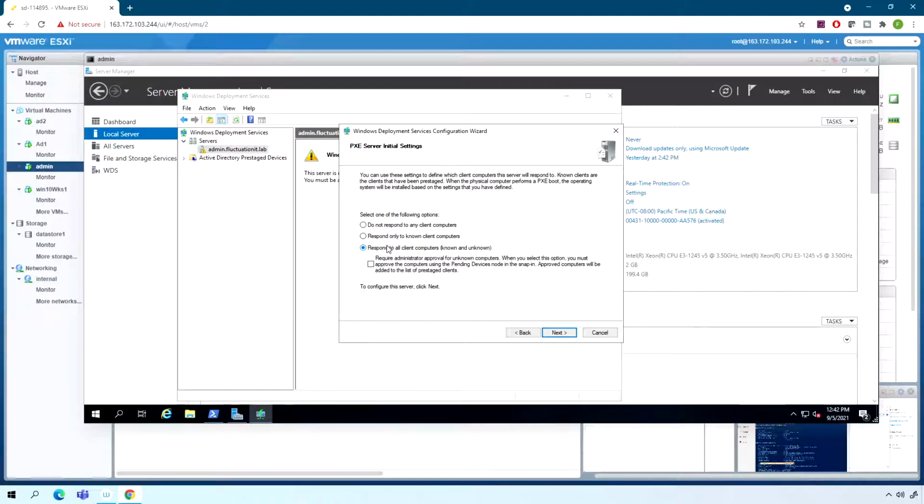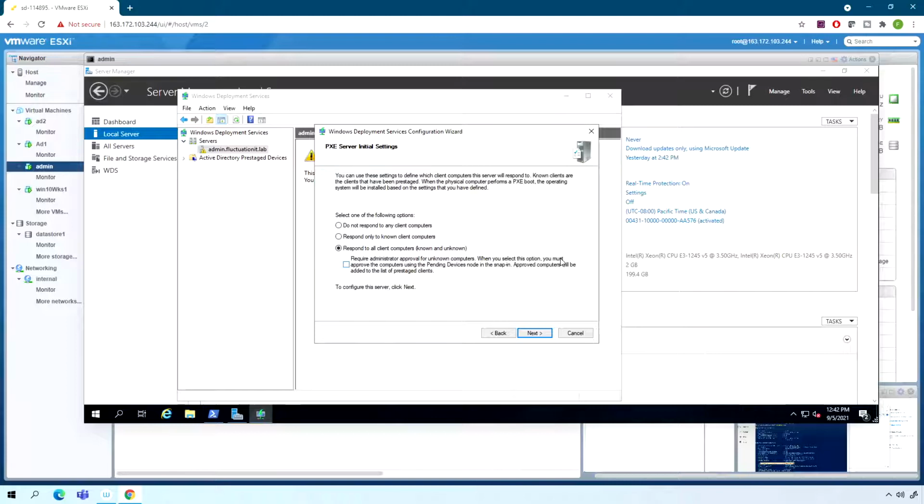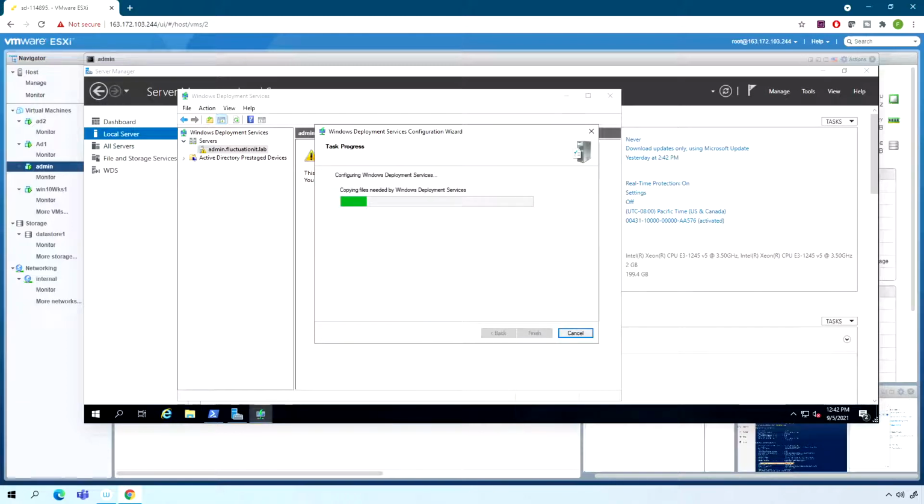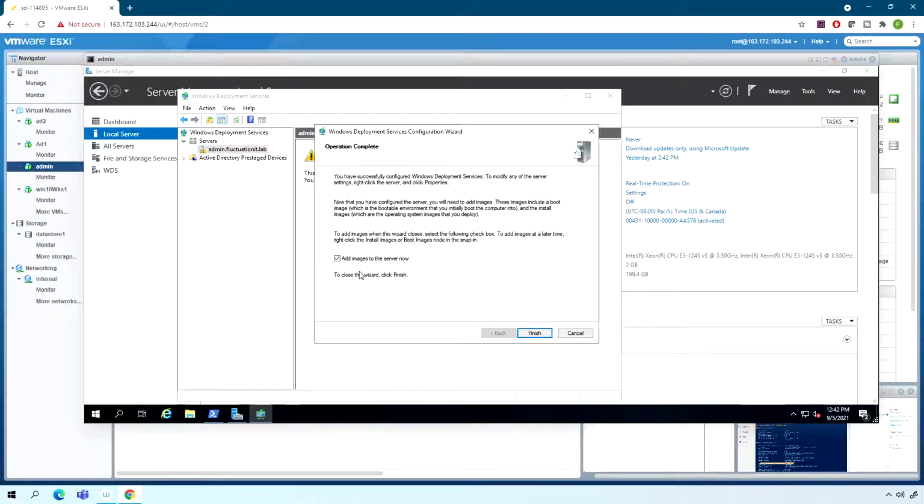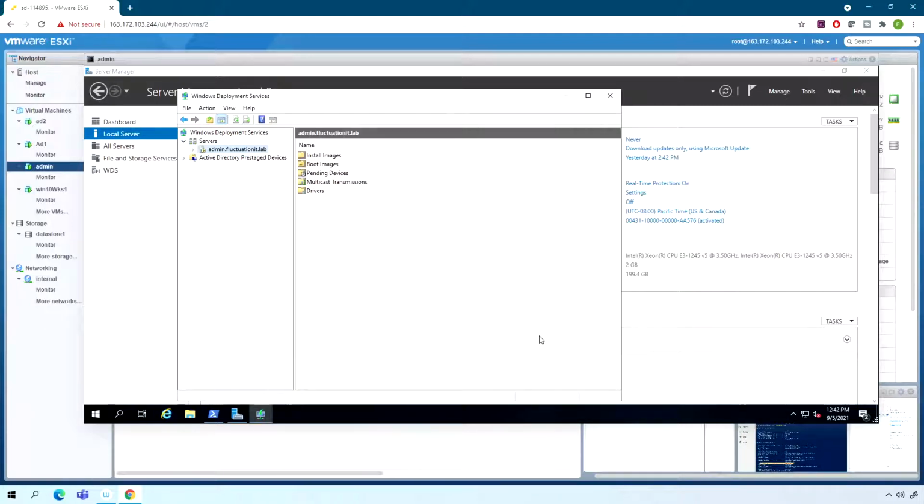And I can also require approval. So when a computer wants to install Windows 10 through the network solution, I must approve it. Okay, so I will do next directly, and that's it. I can add an image here, but I will not do it now. I will go here and do finish. Okay, cool. So this is the first step to be able to install your Windows 10 or Windows 2019 through